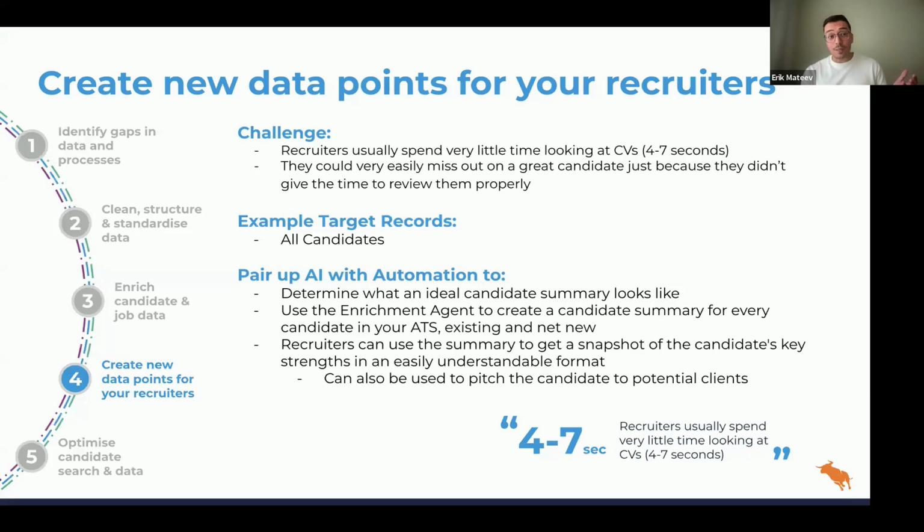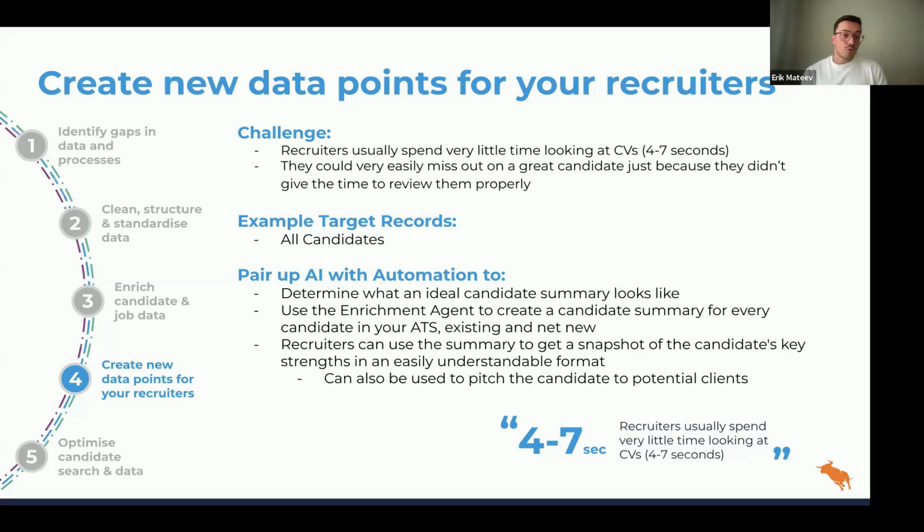In a world before AI, to summarize a candidate's profile, the recruiter would have to do that manually by either looking at the CV or any other information that they have, which is just not scalable, right? Unless there is a specific use case behind it, say they want to pitch that candidate to a client, no recruiter is going to go and bother summarizing every single candidate in the ATS, nor should they. Their focus shouldn't be on doing admin tasks. It should be on revenue generating activity. But with AI, things have now changed a little bit, and you actually have a scalable way to achieve this.